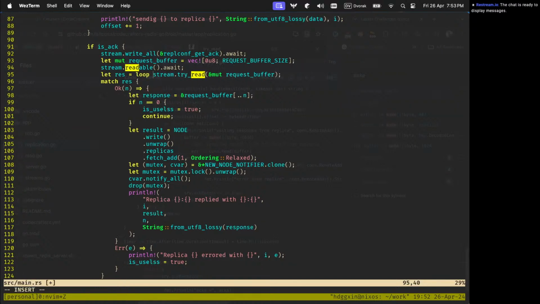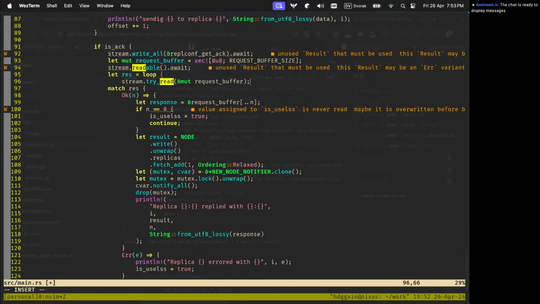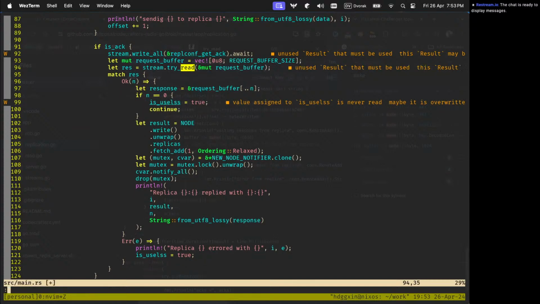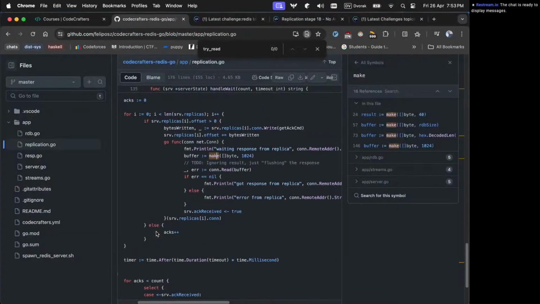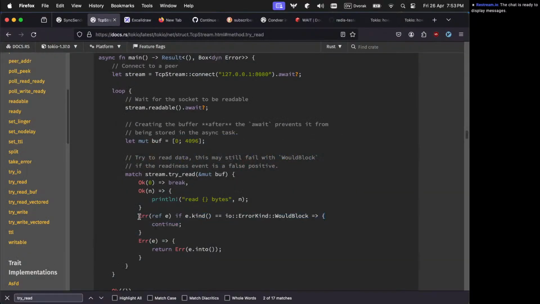So we'll do a loop until we get the response. We don't need to wait for the readable thing. We'll do try read and then we'll wait for that. So this thing can return an error, and the other thing that we need to look for is would block. Yeah, this thing.